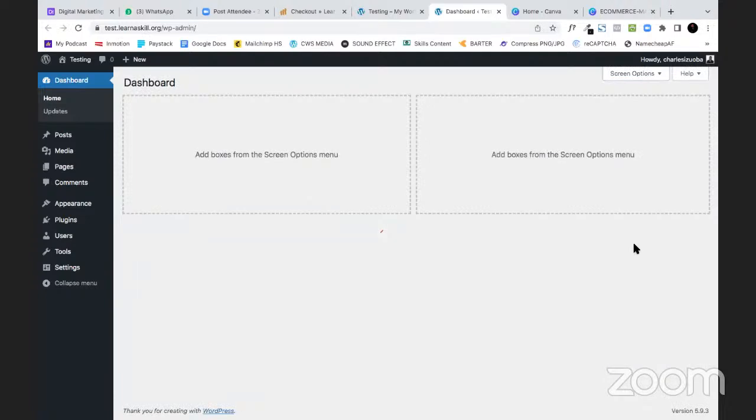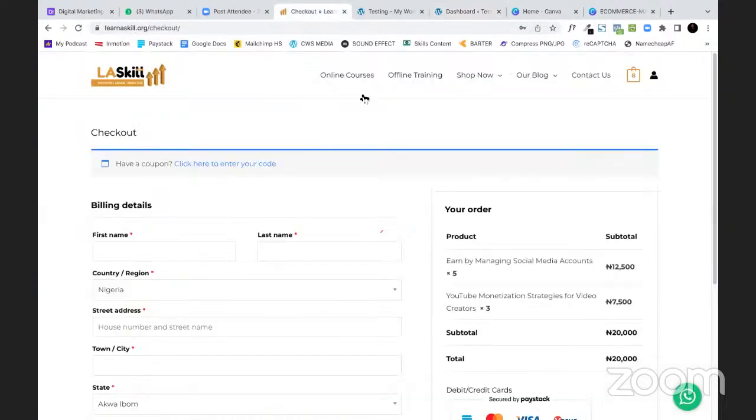Right now, I cannot add any products to this website. I can't add any product to this website because some basic things are not yet implemented. If you remember what we did here, the first thing I did here was to go to the shop page, right? You remember when I showed you the shop page? From the shop page, we click on a particular item, which took us to these pages where we need